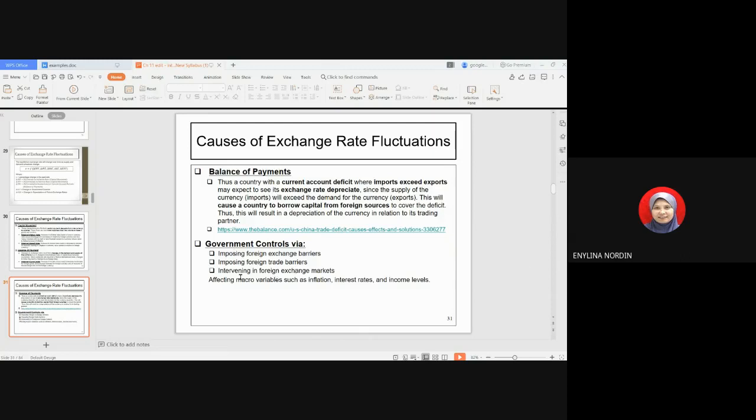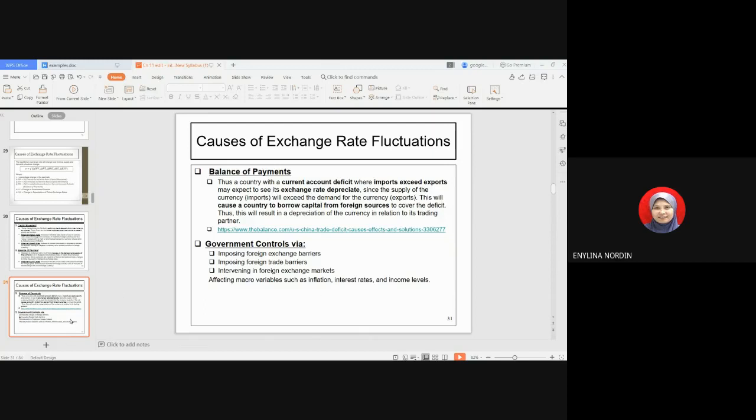For example, the government may get involved directly by imposing foreign exchange barriers, which will make import and export costly, imposing foreign trade barriers, and intervening in the foreign exchange market. This will affect macro variables such as inflation, interest rate, and also